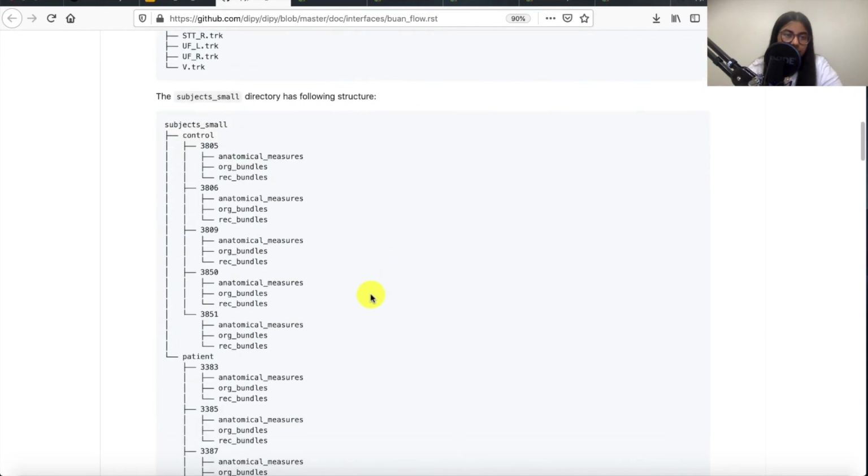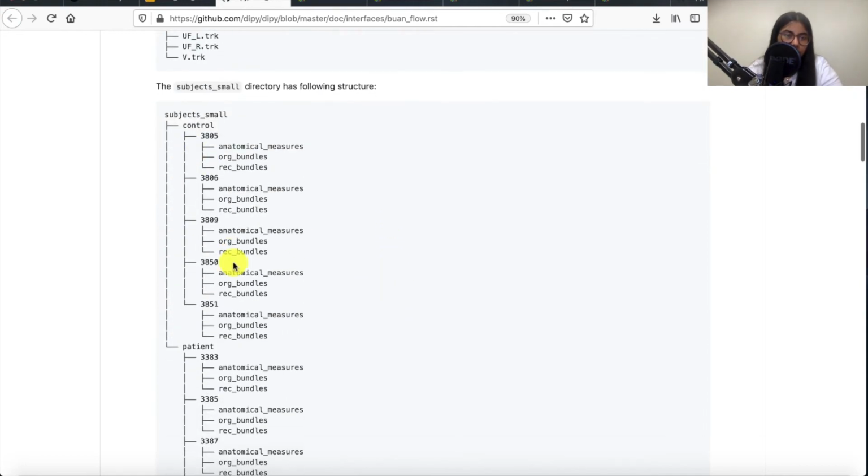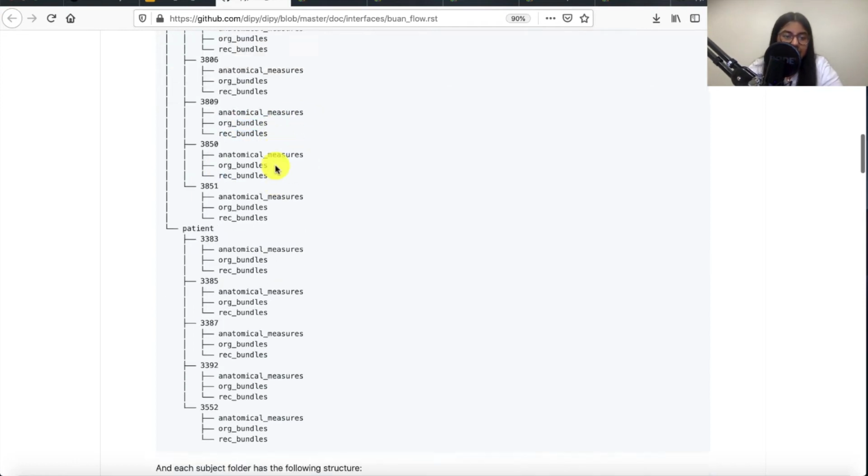And then you will need to have your data in this structure. You can give this name any name you want, and then you have control, and inside this the name of the folder, or this could be any name, but inside these anatomical, org bundles, rec bundles, they should have this name. The folder name should be this, but inside it